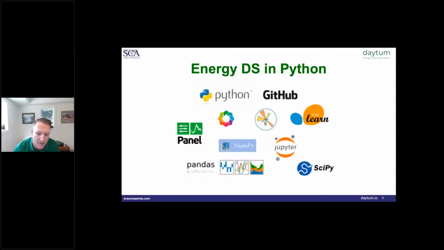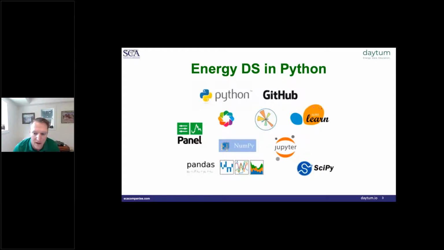Bokeh and Matplotlib are visualization toolboxes. Jupyter Notebooks are a common format for data science, a tool for exploratory data science and documentation. SciPy contains all the numerical algorithms that we would use. Panel is a dashboarding tool, and of course scikit-learn is probably the world's most used machine learning toolbox, and we